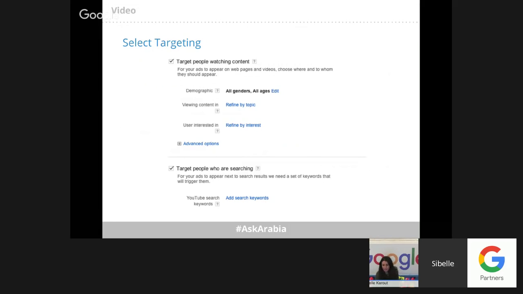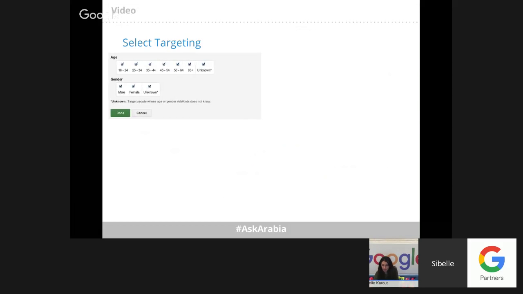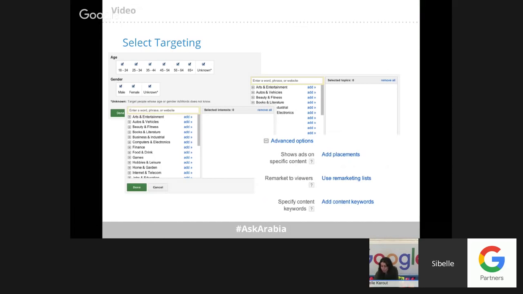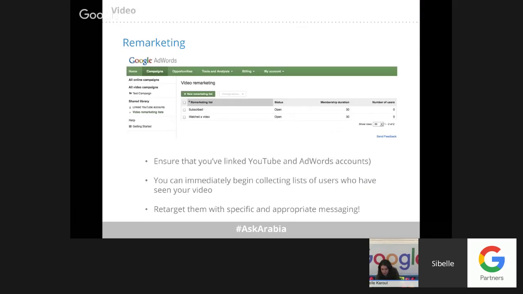So as we discussed here, you select your targeting. You can also target by demographics, of course, age, topics, interests, placements as well. If there are certain videos you'd really like your ad to appear before, and there are YouTube partner videos, you can select that you'd like to target them. You can use a display planner to give you some ideas of what the ideal video placements are for you. See keywords as we discussed.